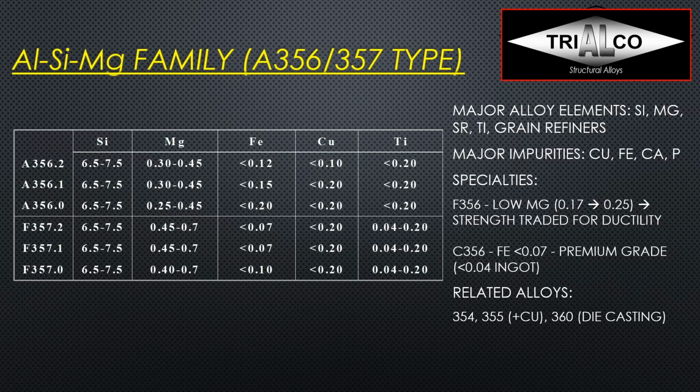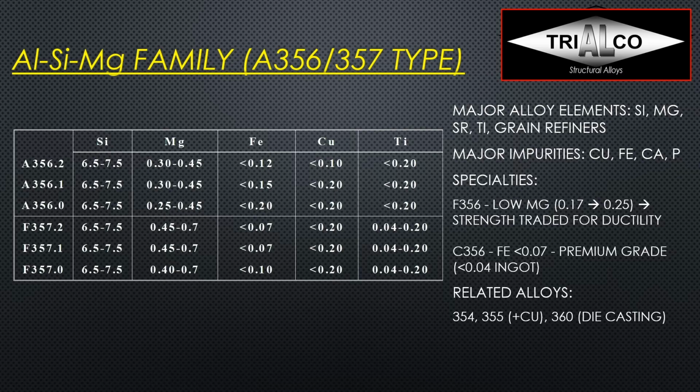Now the major alloying elements are silicon and magnesium, but also we need strontium for modification, and titanium as a grain refiner. The major impurities are, for example, copper, and then iron, but also calcium and phosphorus. Specialties here are, for example, the